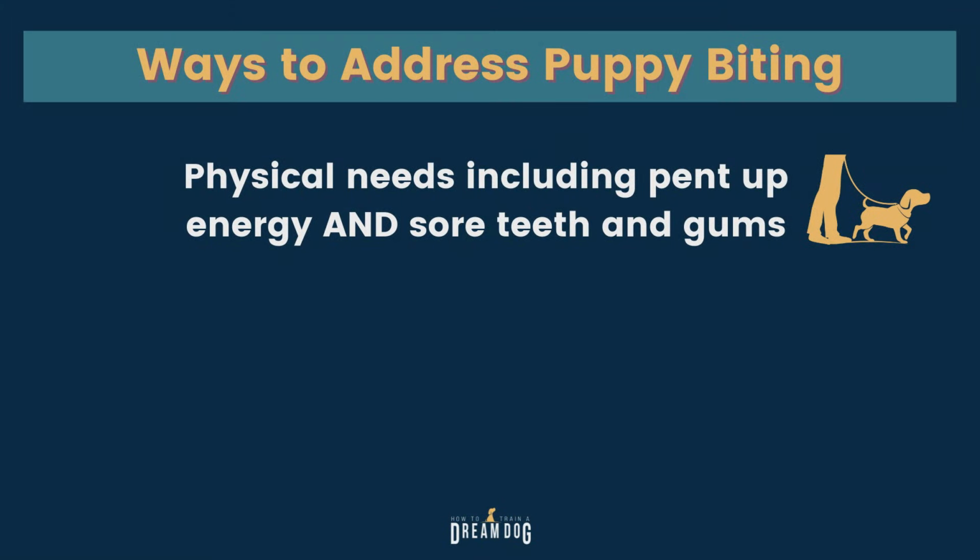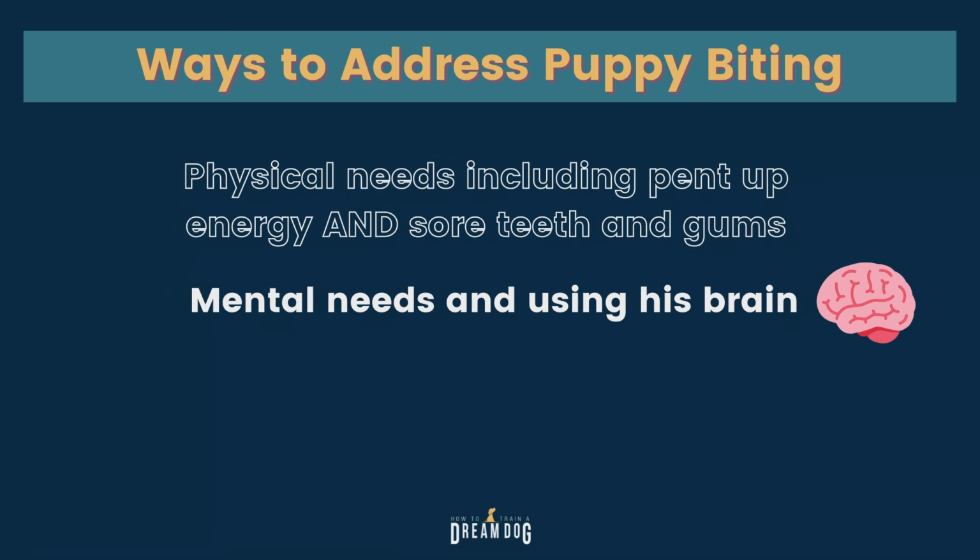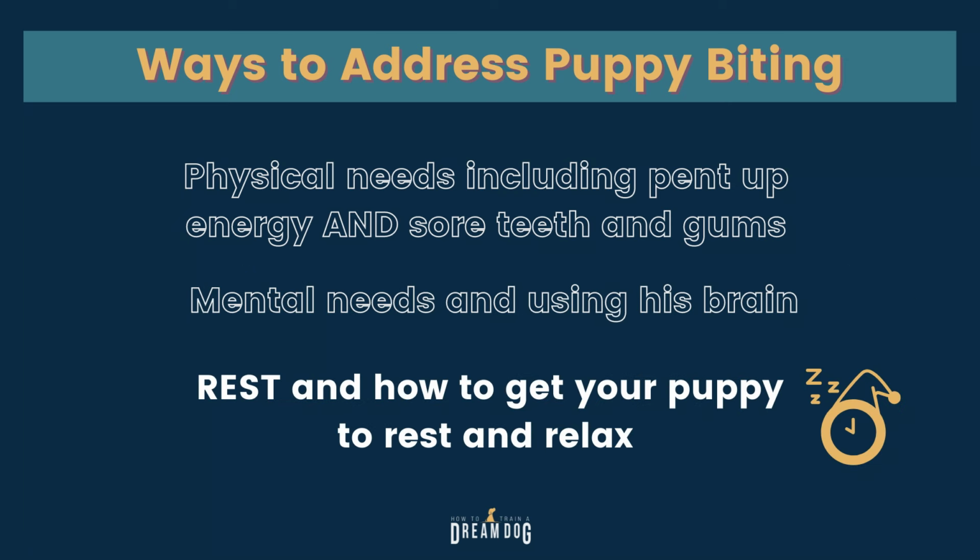Now I'm going to give you some great ideas for 3 different ways to address that annoying puppy biting and nipping. So the first part is addressing the physical needs, including pent-up energy and sore teeth and gums. Then we're going to actually talk about your dog's mental needs and using his brain, not just his body. And finally, we're going to talk about rest and how to get your puppy to rest and relax for a